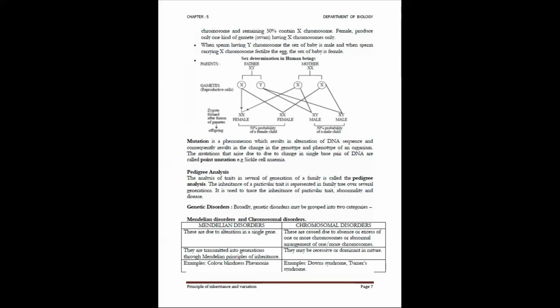So all these questions would be twistedly asked for the same answer, wherein you have to write the chromosomes of the father and mother, that is the human parents, followed by the gametes and then the zygotes, wherein X and X will be a female, X and X of father and mother would be again a female, Y and X of father and mother would be a male, and then Y and X of father and mother will be again a male. So there's a 50-50% possibility when male and female fuse together to develop an offspring. There's 50% chance to have female and male.